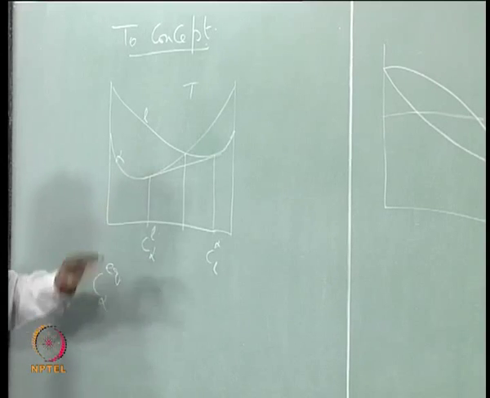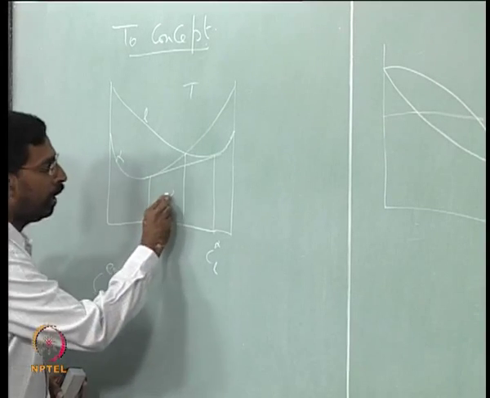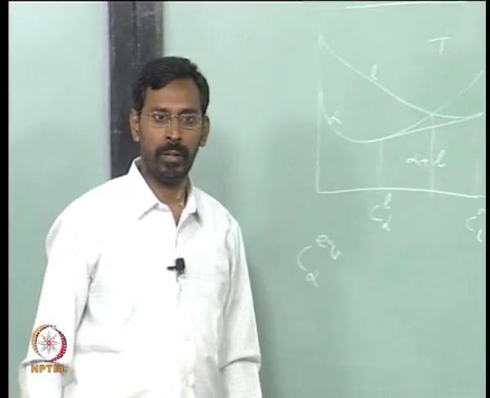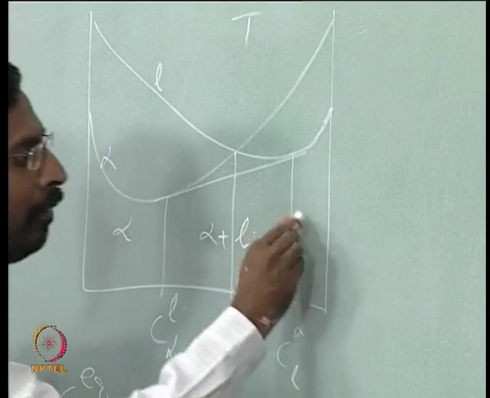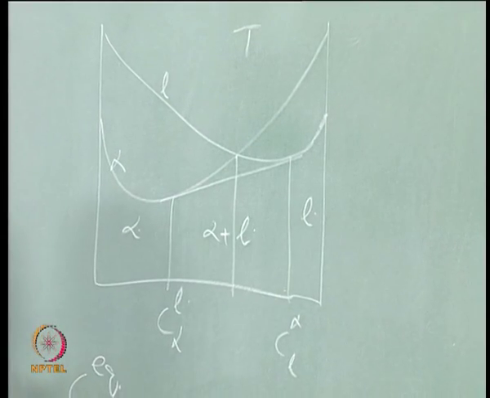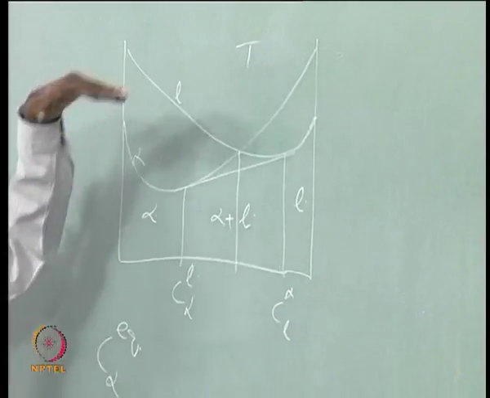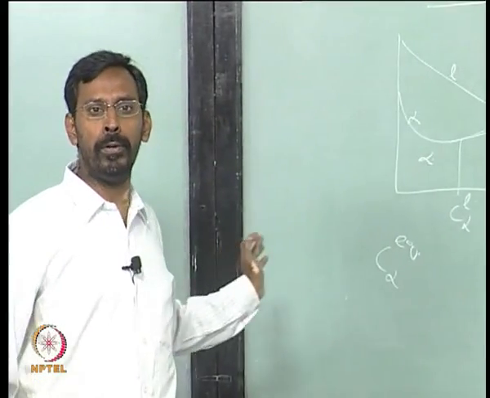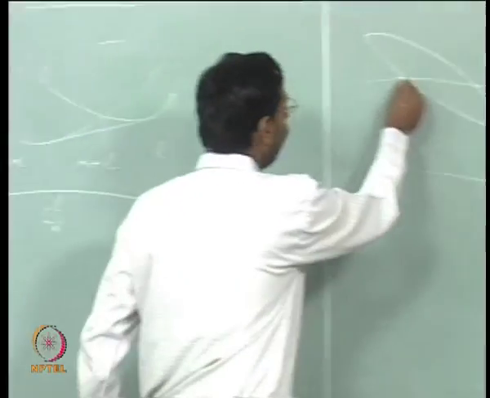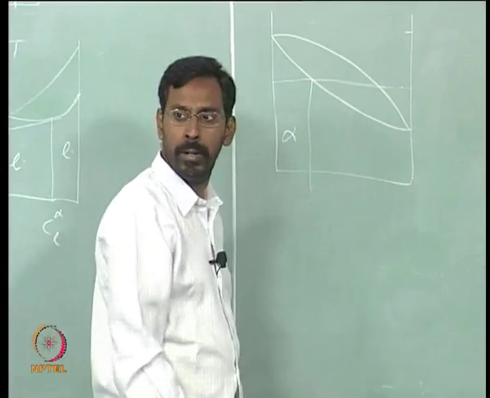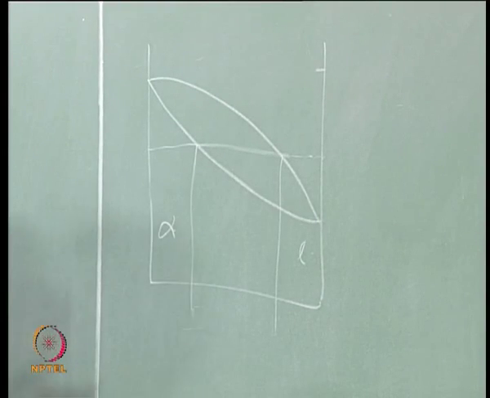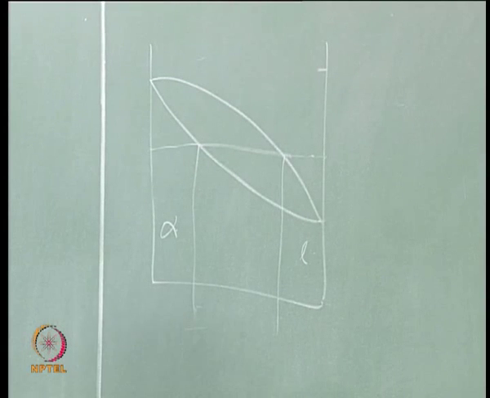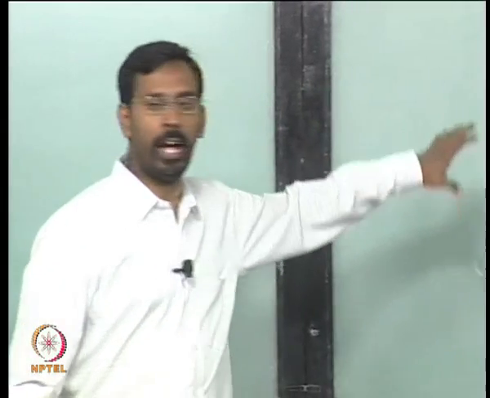Okay. So now if you take these 2 points, between these two it is alpha plus liquid in equilibrium, and to the left of it we have already seen that it is alpha in equilibrium, and to the right of it, it is liquid in equilibrium. That means at that temperature, if I extrapolate that tie line towards pure A and pure B, to the left of this there should be alpha, to the right of this there should be liquid, and between these two it should be alpha plus liquid.